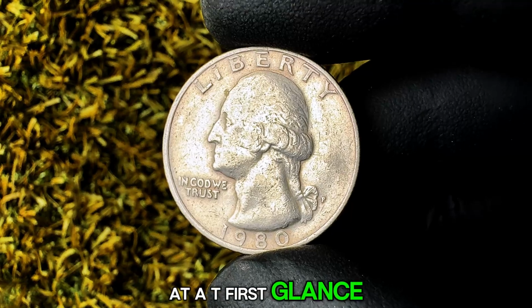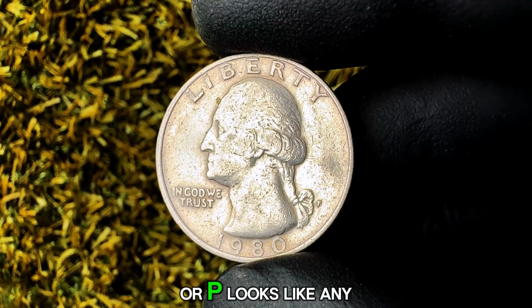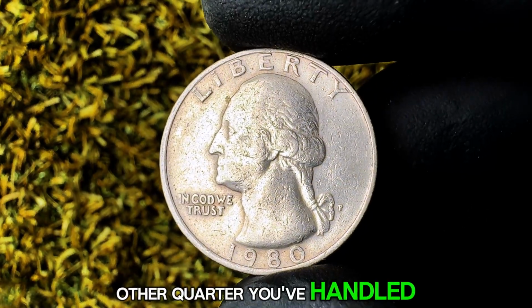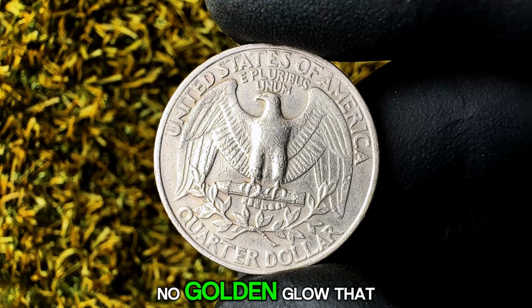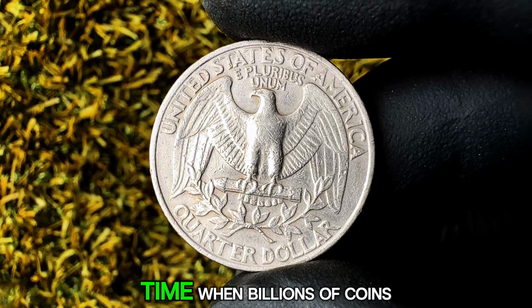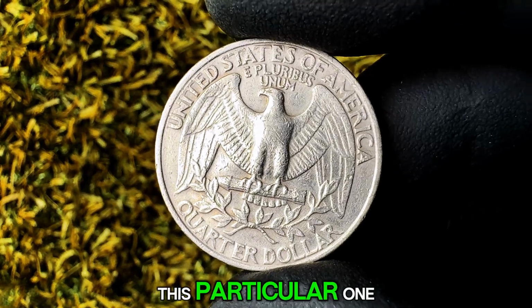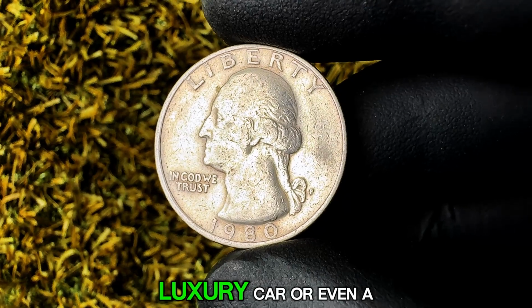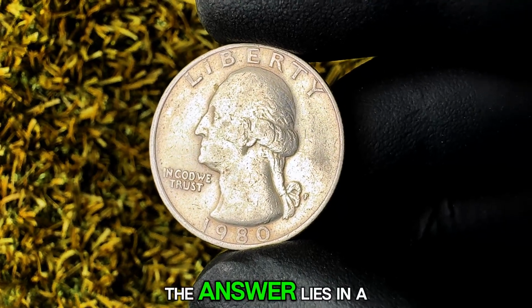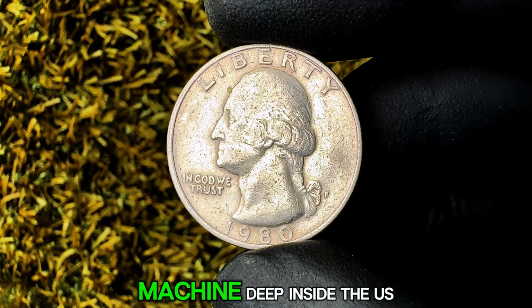At first glance, the 1980 Washington quarter with a Philadelphia mint mark, or P, looks like any other quarter you've handled 1,000 times. No flashy design. No golden glow. It was struck during a time when billions of coins were flooding into circulation. So how can this particular one, among all those common quarters, be worth more than a luxury car or even a house? The answer lies in a mistake, not a human mistake, but one made by a machine deep inside